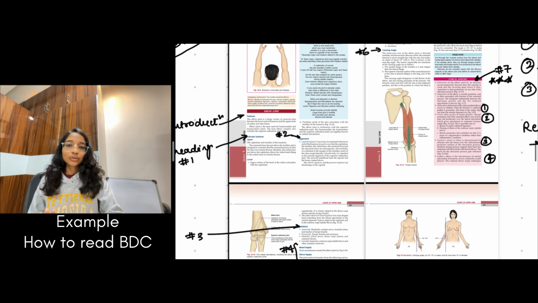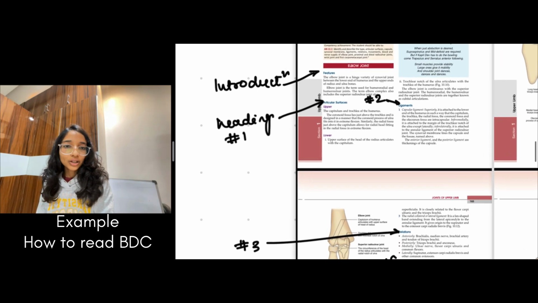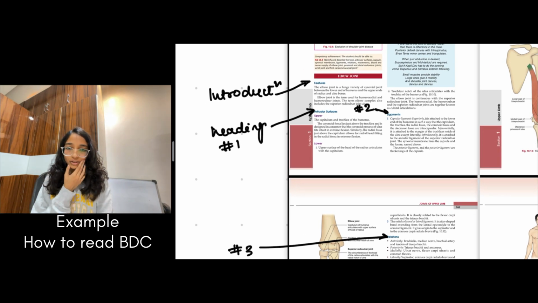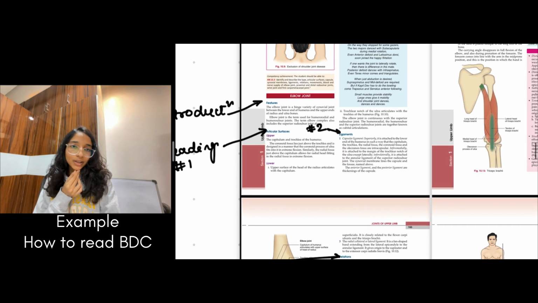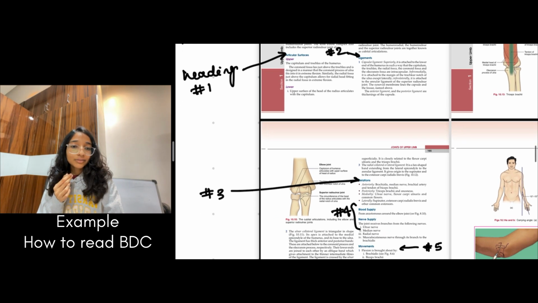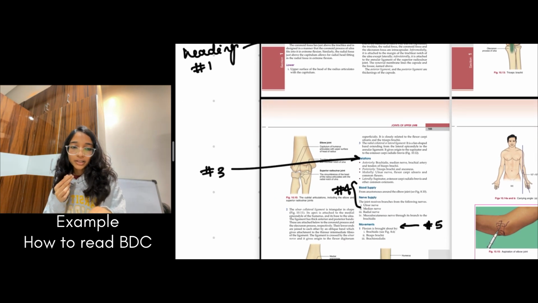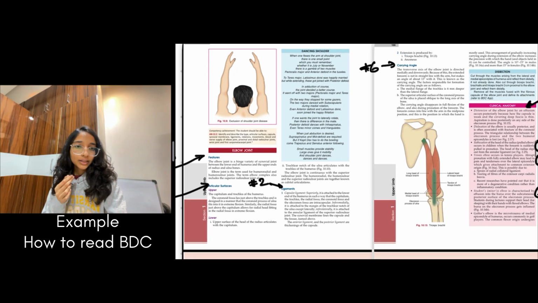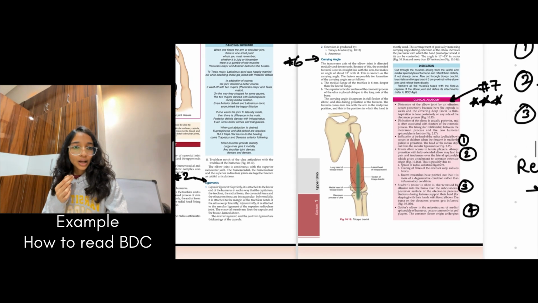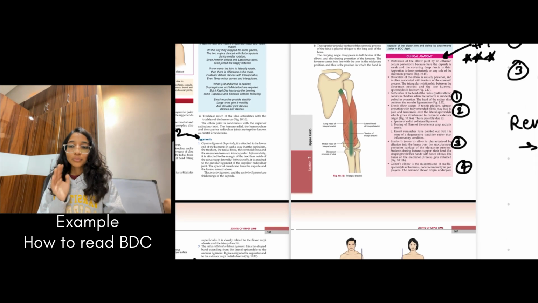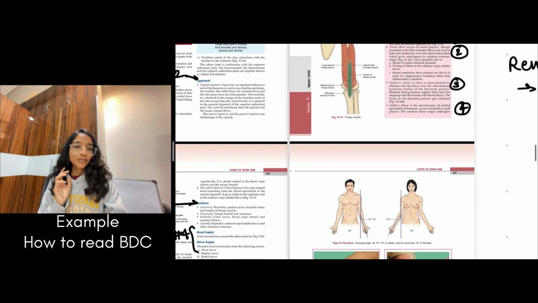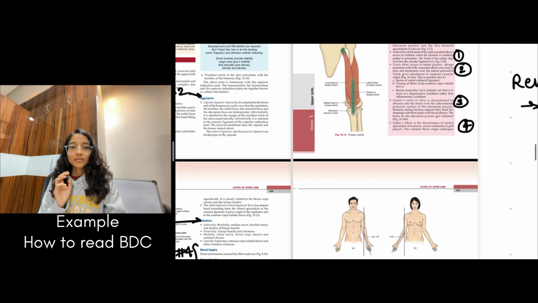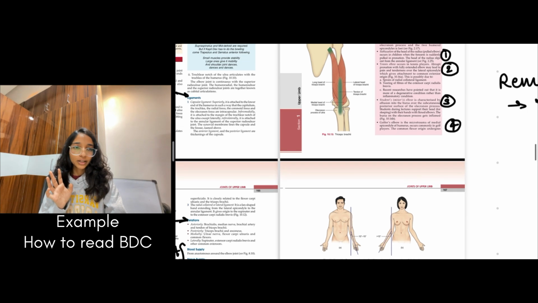So, if I were to read this, see, first of all, features, meaning the introduction. This is the introduction. Then we have the heading articular surface. Then we have ligaments. Like I'm just going through the headings. I'm not actually reading the things right now. Then we have relations. Then we have blood and nerve supply. Then we have movements. Okay. Then we have the carrying angle. After that, we have the clinical anatomy, which is the most important part. Then we have almost 5 points, which are very important in clinical anatomy, right?